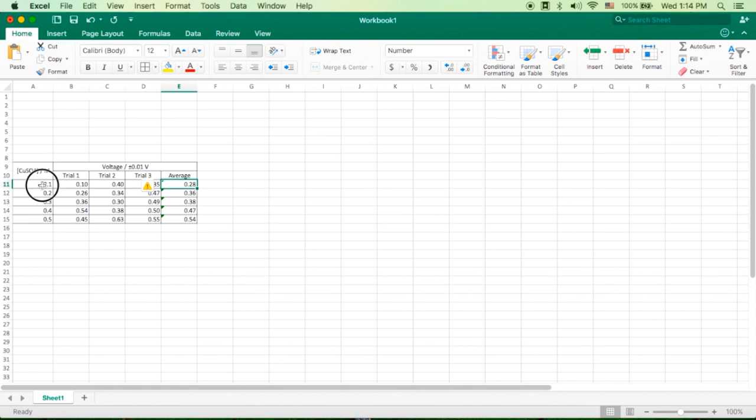So the first way is to select your values for your x-axis, that's your independent variable, and to select the average without selecting everything else in between, you can press and hold the command button on a Mac or the control button on a PC. So if you press and hold that button and then select your values for average, you've selected only those 2